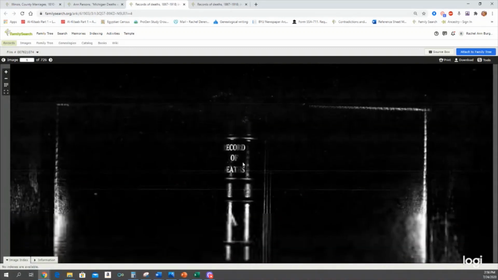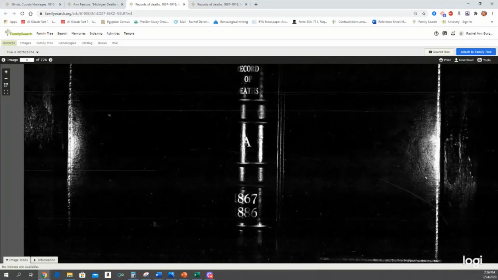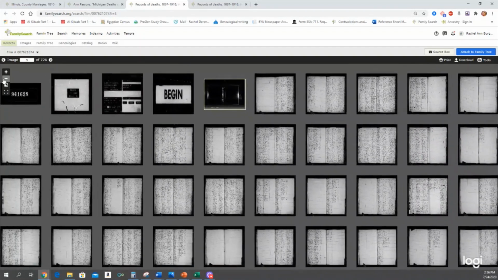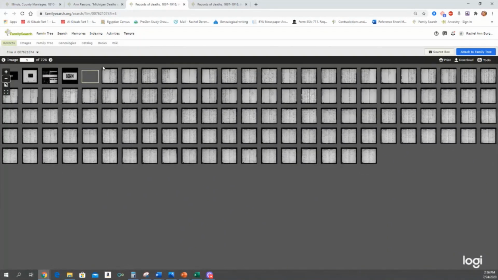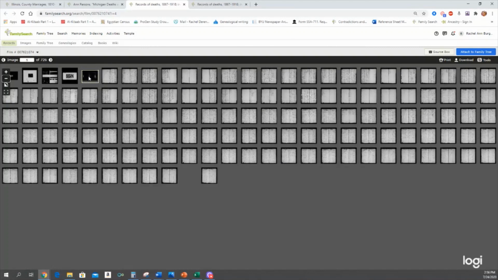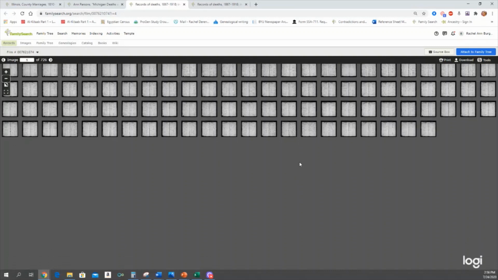So to get our bearings, let's click on this first book. You can see it's a book spine and figure out what book we're at. Okay, that's book A, Record of Deaths. This looks about the right timeline. So we're in the right spot. We need to find book B. So go ahead and minimize. Looking for just kind of, it's going to look similar. And when it pops back up, a black image, you see a spine of a book. That's what you're looking for.